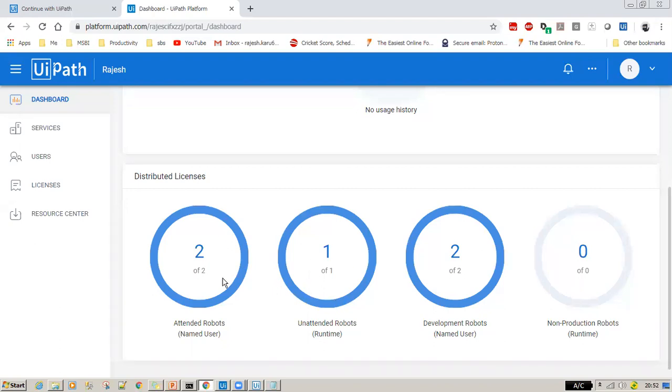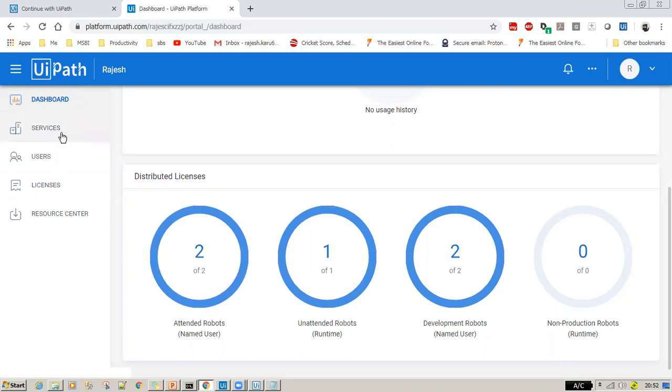Just keep this in your mind: you can't deploy as many bots as you like. With this distributed license of the Community Edition, you can avail only 2 attended and 1 unattended bot. If you want a bigger set of numbers, you have to procure the Enterprise Edition. That depends on the number of licenses, the number of machines, and the type of license. For each enterprise it can be hundreds, depending on what type of automation solution they are looking for. But with the Studio edition, all we have is this 2+1 license.